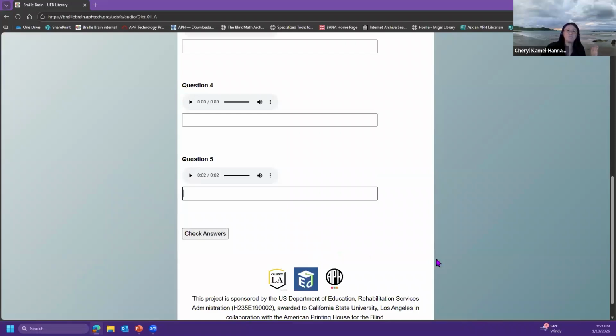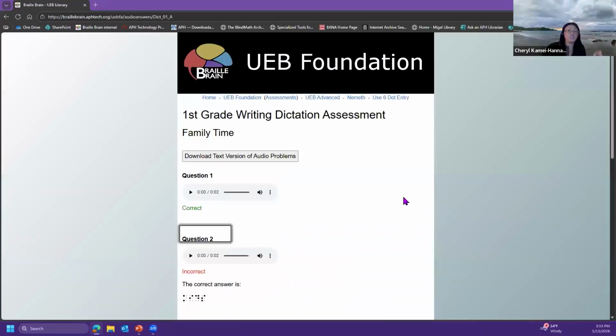And so you'll notice that between prompt 1 and then getting to prompt 5, we've scaffolded from one word all the way to a complete sentence. So now when we're typing in, it is very fun, we're expecting to see the capitalization indicator. It is very fun. And then the period at the end of the sentence with the contractions that are also used. If you click on check answers, we haven't put in responses for all of the questions,